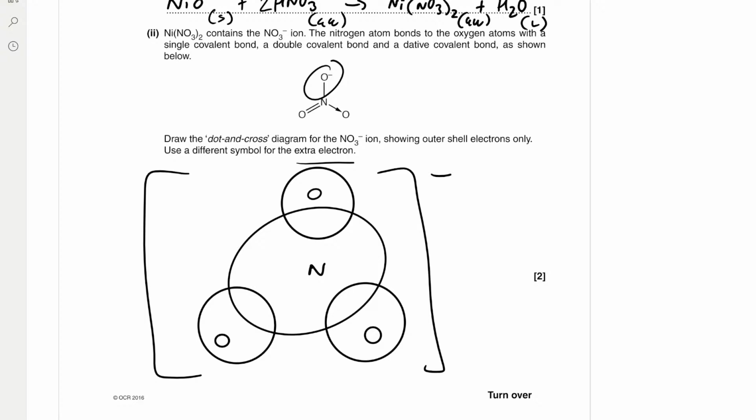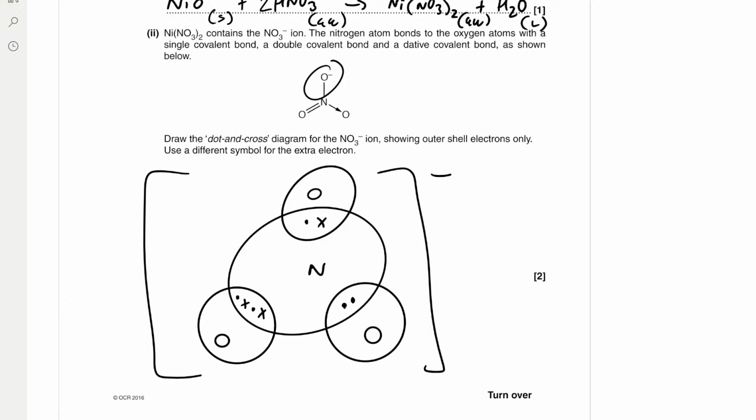And then nitrogen, you can see from the periodic table, has 5 outer shell electrons because it's in group 5. So first we'll do our double bonds. We know that there needs to be 4 electrons in there. Then our single bond needs to be 1 electron from each atom, and then our dative bond will have both electrons from the nitrogen, so we'll represent the nitrogen electrons with dots, and then our